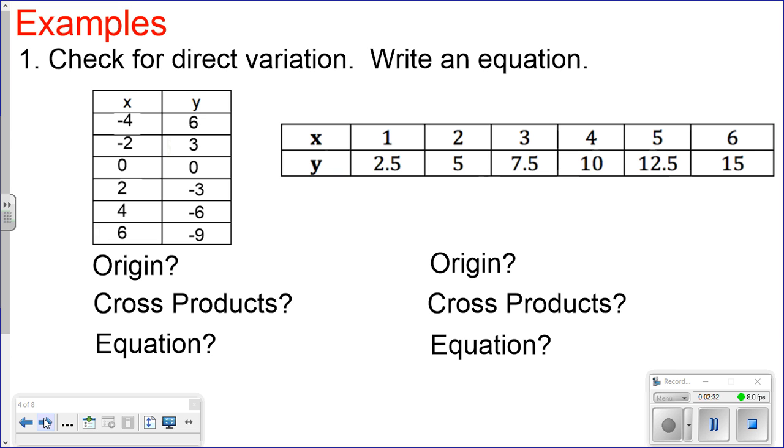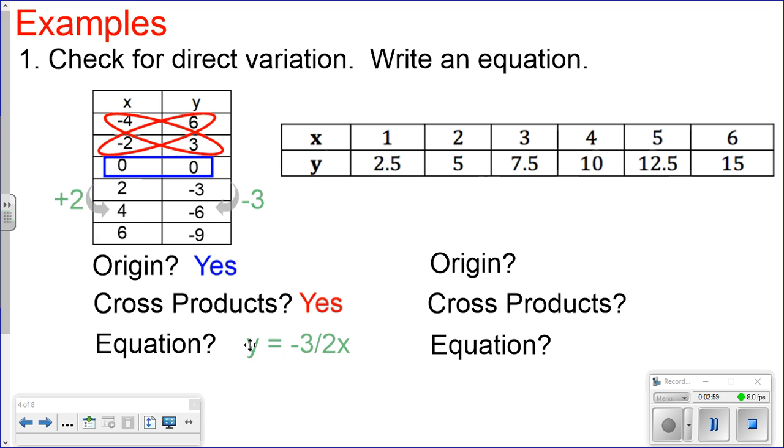So some examples. Check for the direct variation and then write an equation. So let's look at this first table here, and let's see, is it going through the origin? Yes, I can see that it's going through the origin because I have the 0, 0 point. Let's check some cross products. Negative 2 times 6 is negative 12, and negative 4 times 3 is also negative 12. So if I want to write the equation,